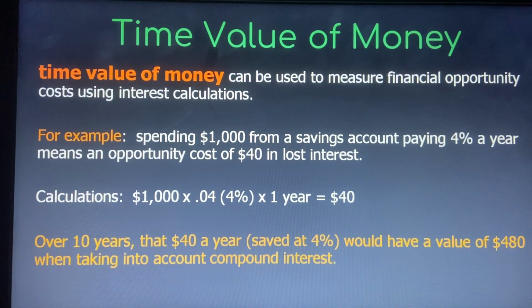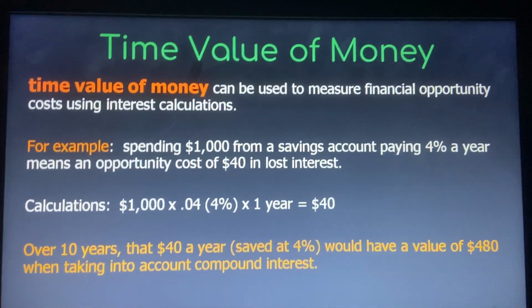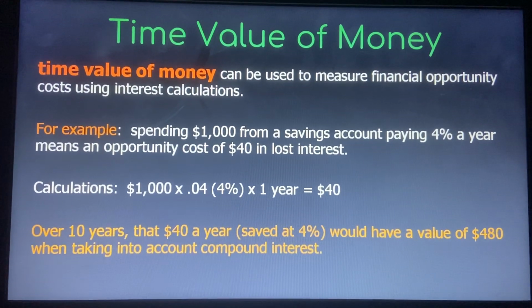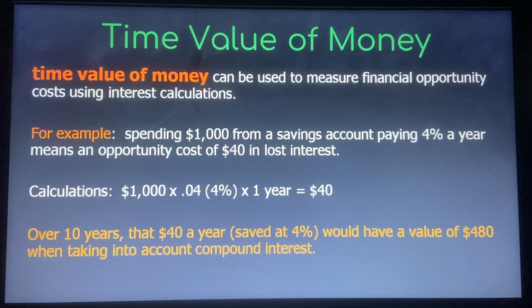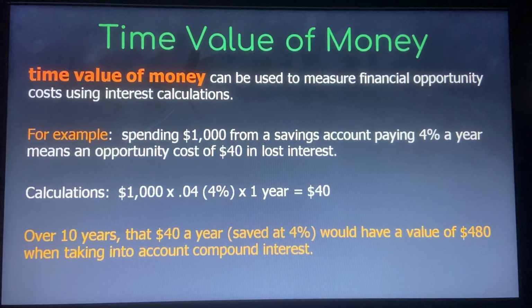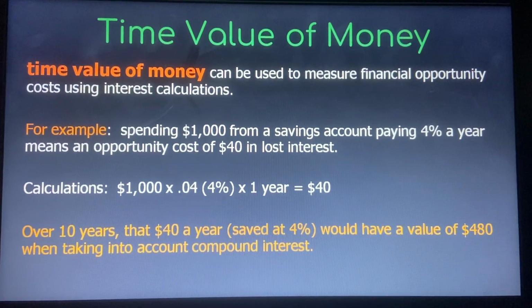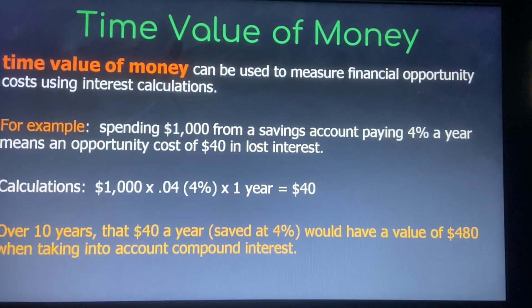So the time value of money. This can be used to measure financial opportunity costs using interest calculations. So spending $1,000 from a savings account, paying 4% a year, means an opportunity cost of $40 plus interest. This is that last opportunity cost we're talking about. So over 10 years, that would have a value of $480 when you're taking into account